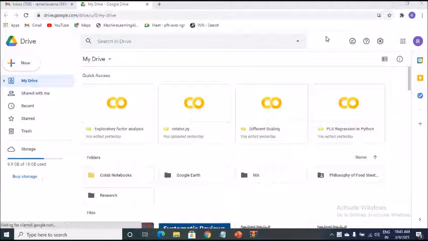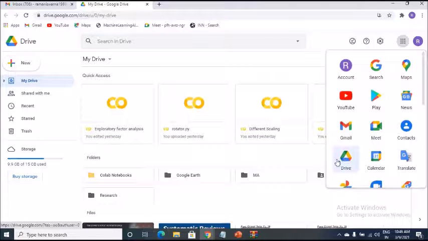First of all, each one of you should have your Google ID; create it in case you do not possess one. You can see these icons, this dotted line, and the moment you click on it, it says Google Apps. Just click on that, select the Drive, and click on it. The moment you click, you will come to the area where the Drive is. Click on New.